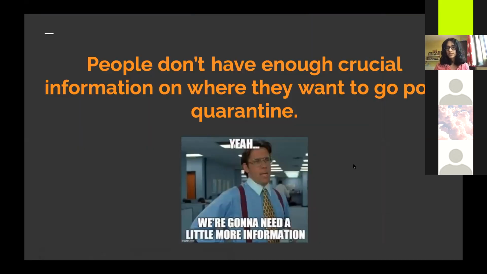So, what is our problem statement? People don't have enough crucial evidence on where they want to go post quarantine. What does this mean? Since quarantine restrictions have been lifted, people are now venturing out into the open world. But just because quarantine has been lifted doesn't mean that the problem has been solved. COVID-19 is still a problem that is among us, and the pandemic is still going on. But you still want to go outside, right? You can't stay at home forever. You can't be trapped forever. And what better way than to take advantage of the fact that you can go outside? Well,